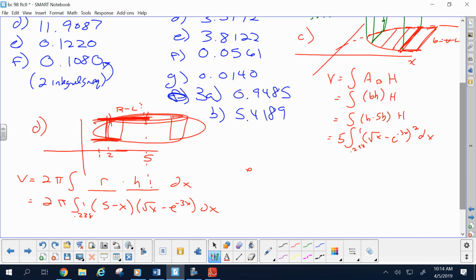Not, well, like, just for the inside, would that be 1 minus? No. So you're here, and the cross sections are parallel to